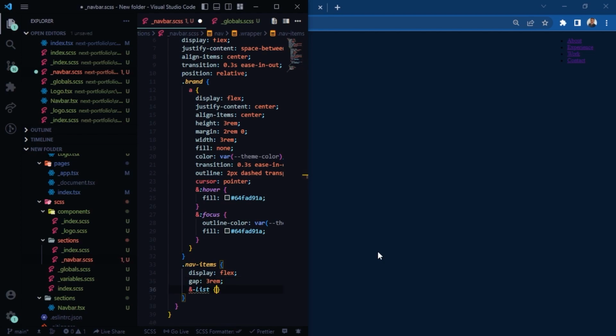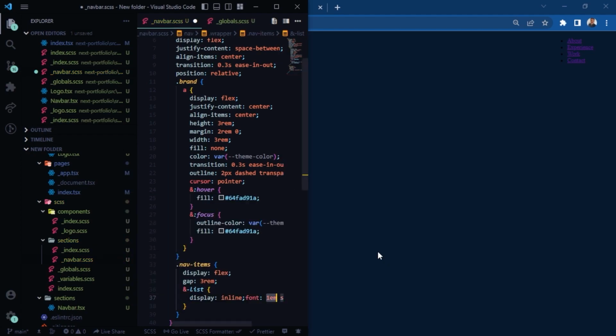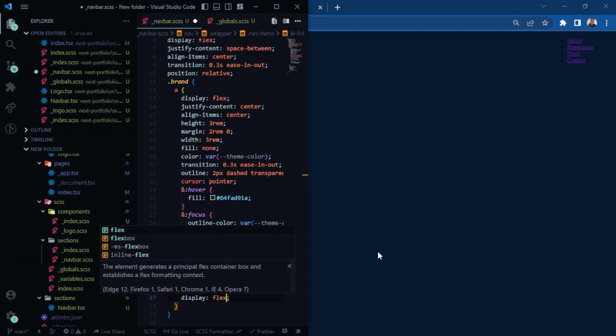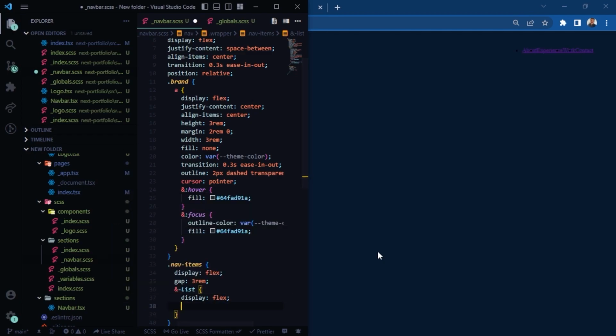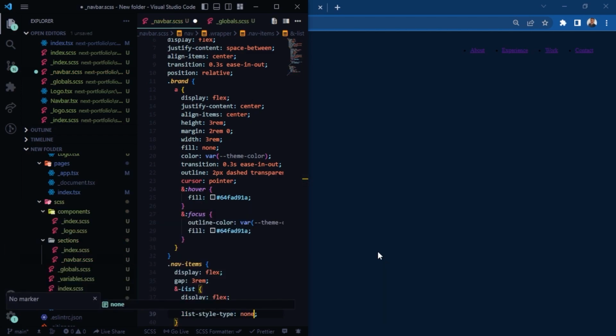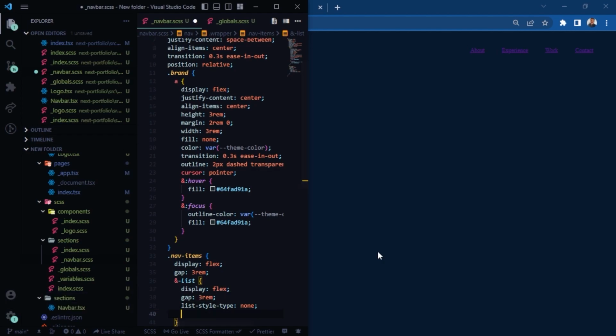Ampersand list, display flex, let's remove this, display flex, and let's give it a gap of 3rem, list-style-type of none,